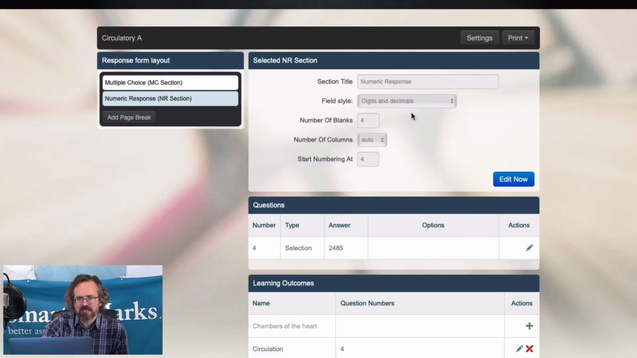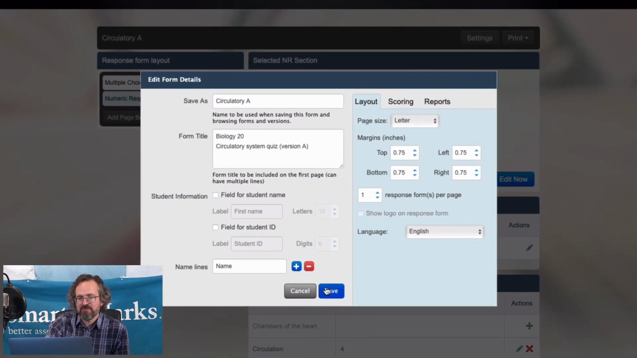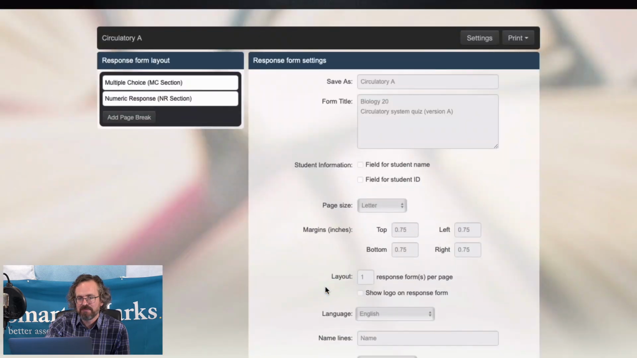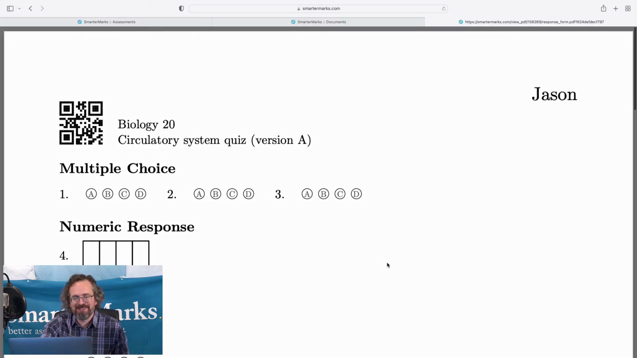Maybe the other thing that I want to see if I can demonstrate here. Yeah, so if I take away that field for the student name, we do have the ability, especially if you're doing, say, a final exam where you already want to have all of the students' forms filled in with names, to get rid of that field for the student name. Say save. And now if we do that print from a class list,